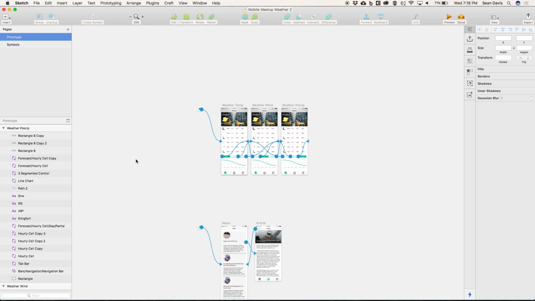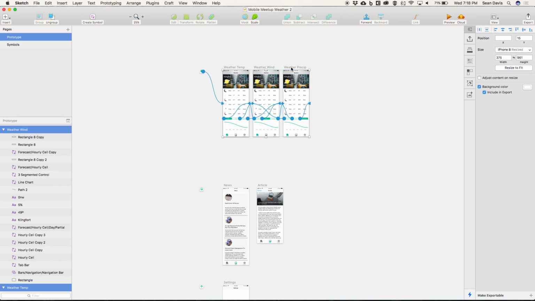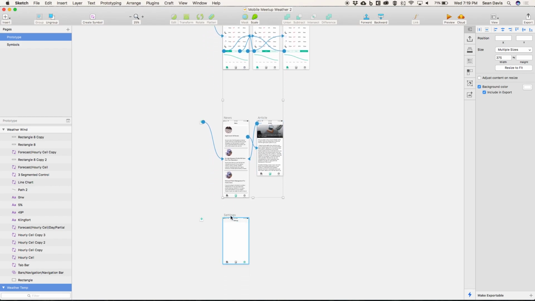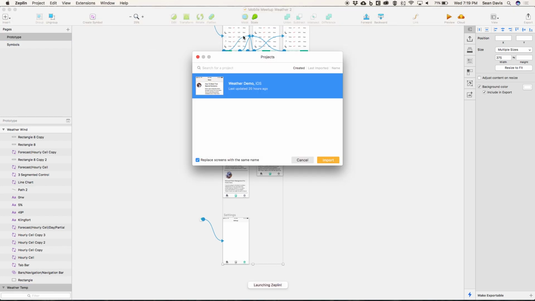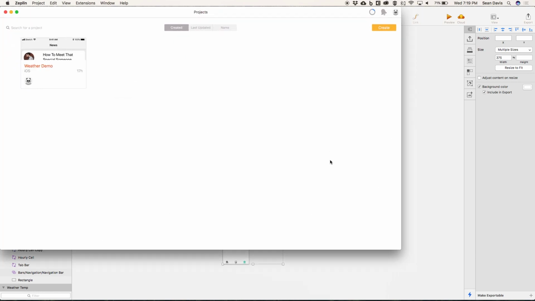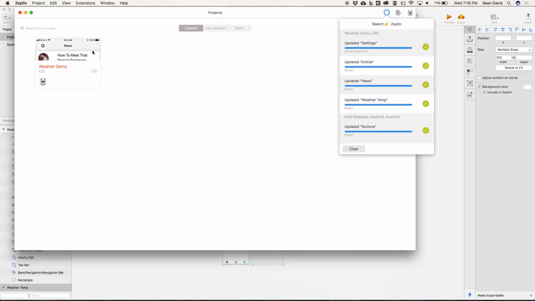So once you've gone through and built your prototype, the last thing you want to do is share these screens with a developer. So we're going to select just some of these main screens here. We're going to go up to plugins and go to the Zeppelin plugin and hit export selected artboards. Again, I set up a Zeppelin project already just for the sake of time, but we'll go ahead and export that. It opens up Zeppelin for me,